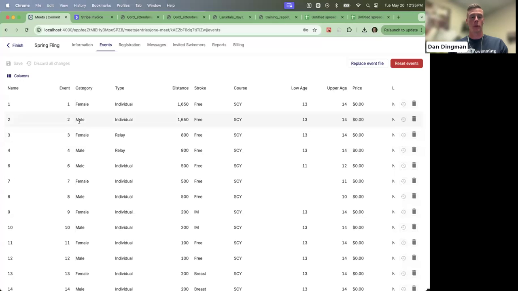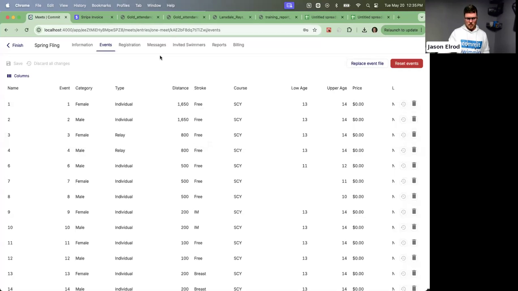Oh, and sorry, say you needed to change this to event 2A or event 3 or whatever, you then click save. We wanted to make this hard to change because changing is a little bit dangerous. But if you do change it, you do have to click save in order for it to save. And likewise, you can just remove events too. Or you can discard changes for a specific row, if you're like, oh, I didn't mean to do that, but I edited 5 other rows. So this is a delicate screen and it's designed to be delicate. That's also why you have to double click in to edit, but you can do it.